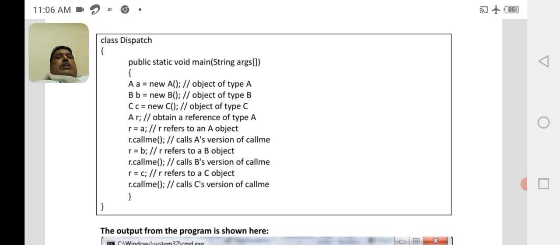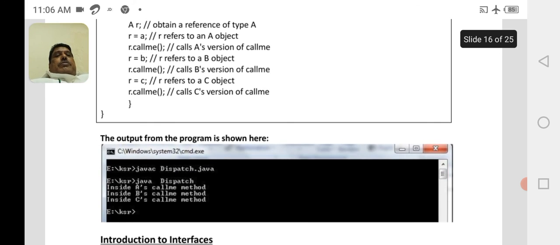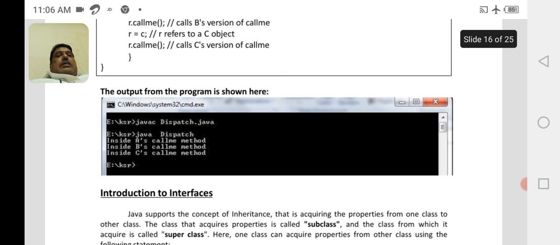It will be executed and you will get the output present in the subclass C method. When we execute, you will get the output: callme method inside A, callme method inside B, callme method inside C.